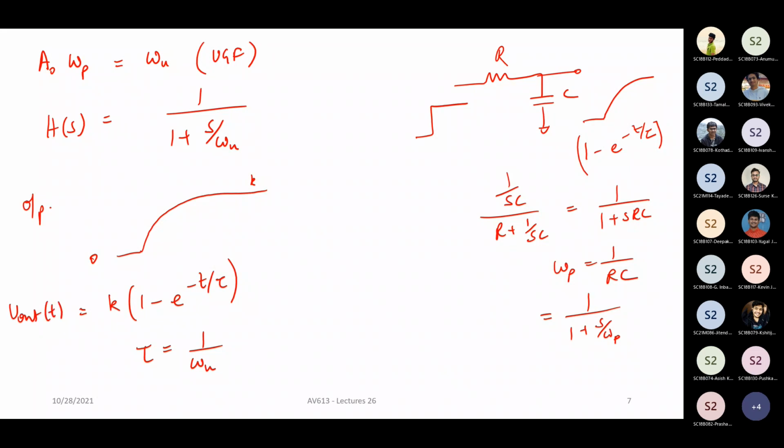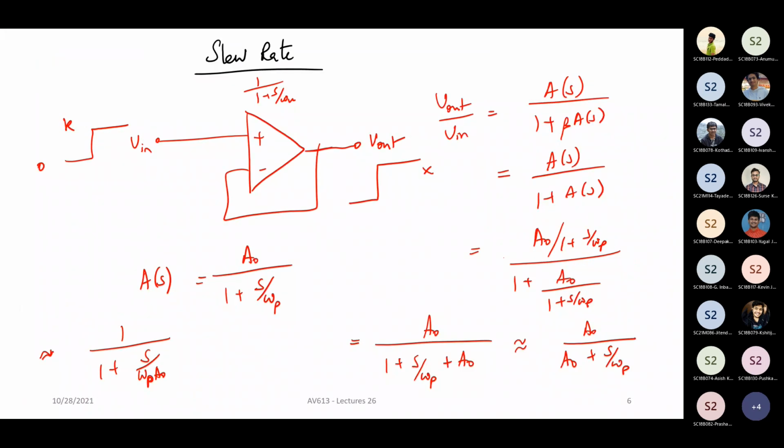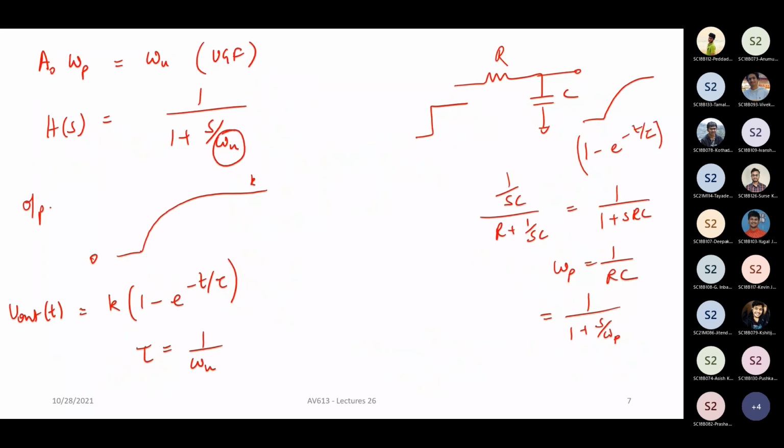This is an important thing that you must understand. An op amp by itself is a single pole system. So what you would see in a typical RC circuit, the same kind of behavior you will see in an op amp which is put in, let's say, unity gain feedback or even any other feedback. If you have an inverting amplifier with a certain resistive ratio, the only thing that will change is this omega u. Instead of omega u, you will have the beta factor coming into the picture. Equivalently, you can say that your unity gain frequency is this one.